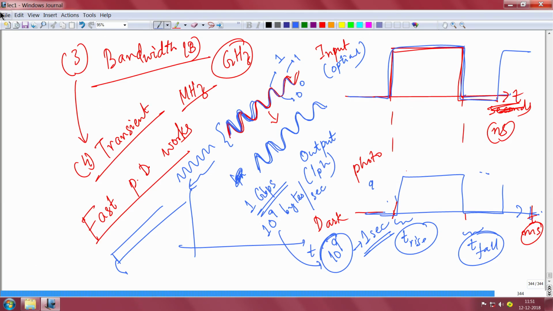So what we will do is end the class here today. We have discussed enough of photodetectors for today's class. We have introduced the concept of photodetectors and different kinds that can be there. I told you the basic differences with a solar cell. I introduced some of the concepts of figures of merit: efficiency, spectral response, bandwidth, transient time. There's a lot more to do. We'll not go into much depth, but we should be aware and familiar with the basic terminologies and basic working.